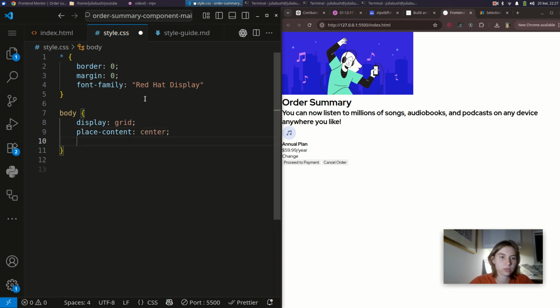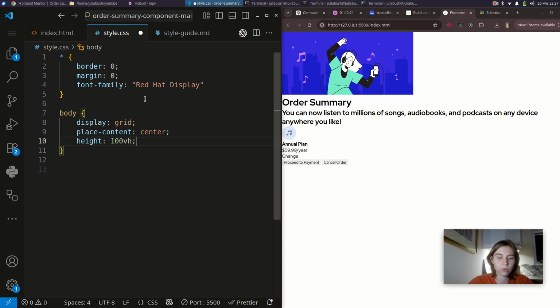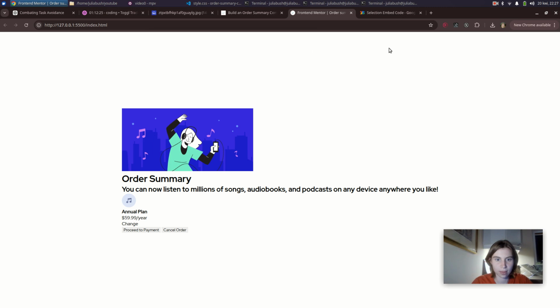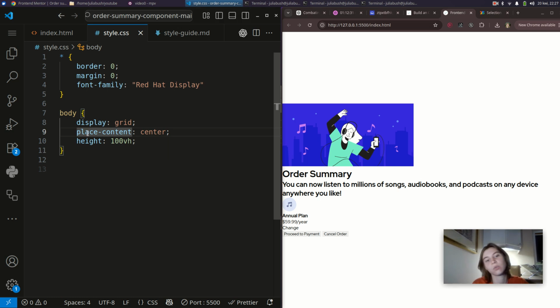And something that I also have to do is say height will be 100 viewport height. Okay, yeah, so that's all in the center now. So when I apply display of grid and I say the height, I'm defining the height as 100% of the viewport, so that means the whole page. And then place-content center will make my life easier because then the card will just be in the